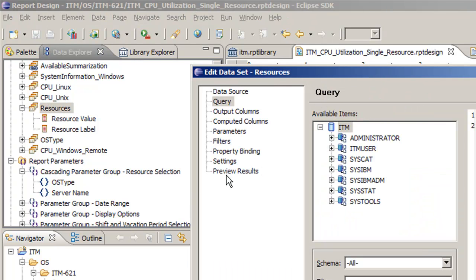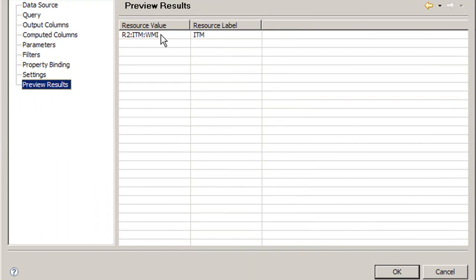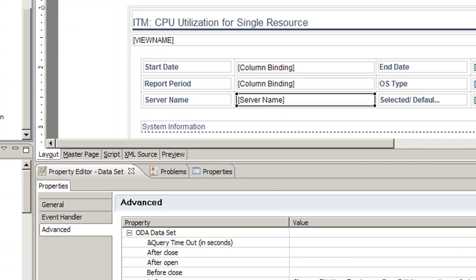As we see in the preview results, our resource value will show by default all the resources available from the database, and the resource label, which would be all the host names for each one individually. In this case, I only have one, so it's kind of hard to explain, but if you had multiple ones, you'd see them all here. But we still